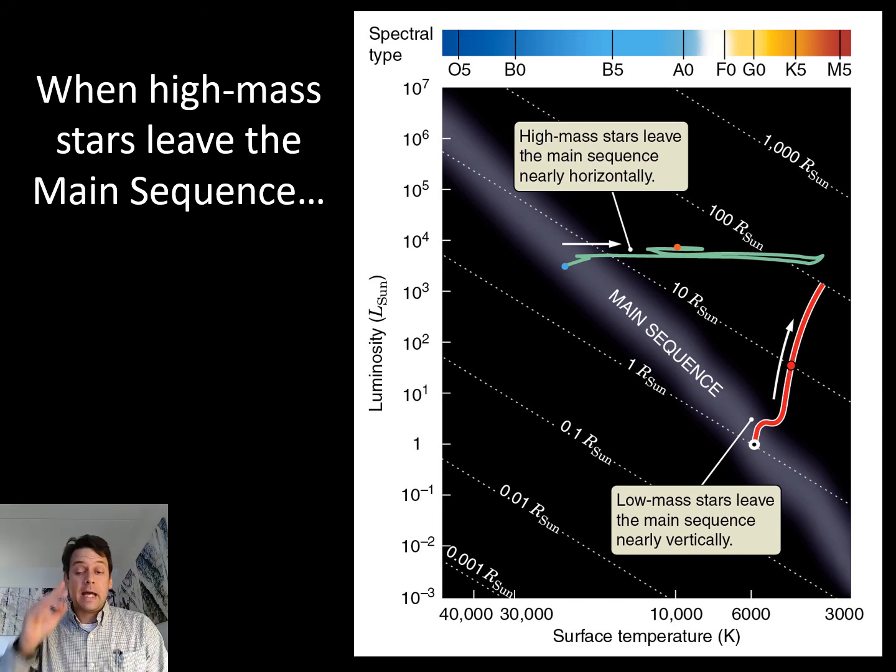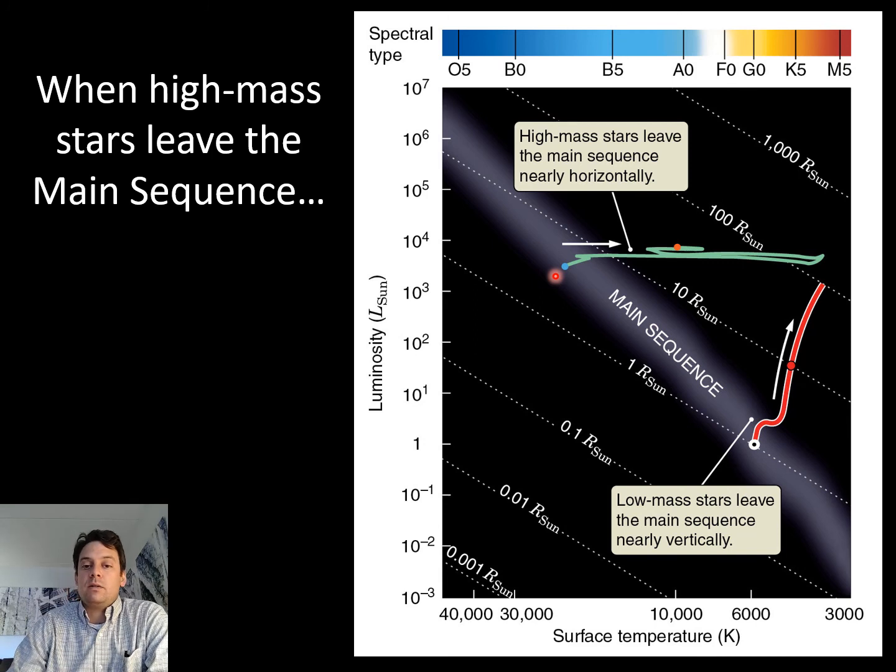And as that happens, the star leaves the main sequence. But the track that it traces out on the HR diagram is a little bit different than what we've seen from low mass stars. Low mass stars make a track that's shown here in red. The details of the track vary depending on whether this is a really low mass star or an intermediate mass star, but generally, they go up and to the right. So the stars are getting bigger, they're turning into red giants, and they're becoming more luminous even as the temperature falls. High mass stars do something different, and they leave the main sequence almost horizontally, which is kind of interesting